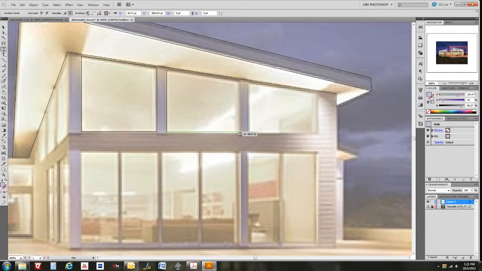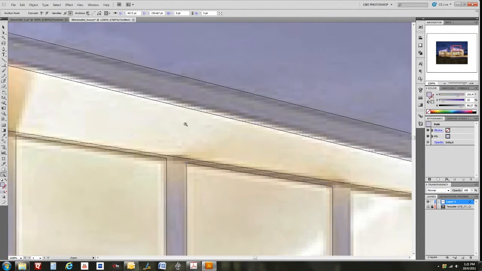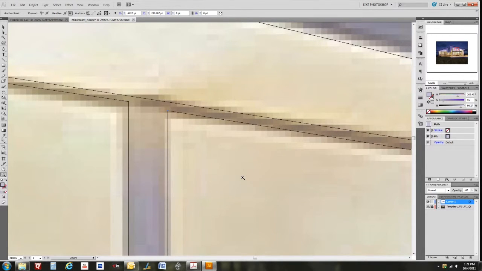Now I'm going to look, make sure, see there's a little more gap here than there is over here, so I'm going to zoom in and see what I can do about this. A for direct select, hit the anchor point, and then I'm going to move this up a little bit. And again, this part is basically just visualization here. Move this up so it's more parallel. That looks pretty good. So hit Control 0 to zoom back out, Control Y to bring back our shapes,